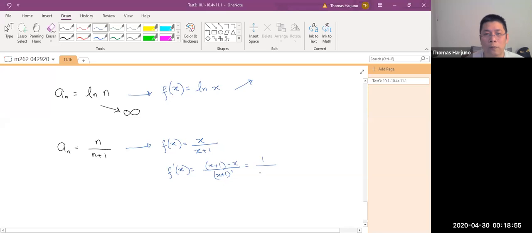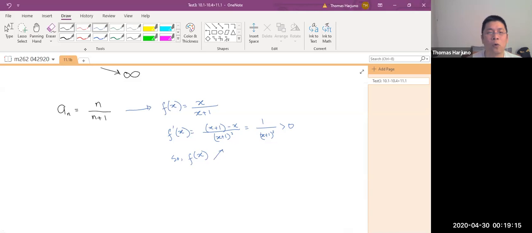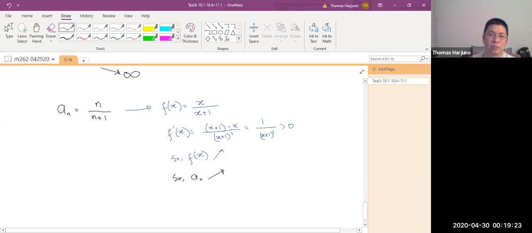This will be 1 over x plus 1 squared, and this is greater than 0. Right? Okay. So, because the first derivative is positive, then the function is increasing. Therefore, the sequence is also increasing. Is it okay? Now, another way to do that, that's the first way to show that a sequence is monotonic or increasing or